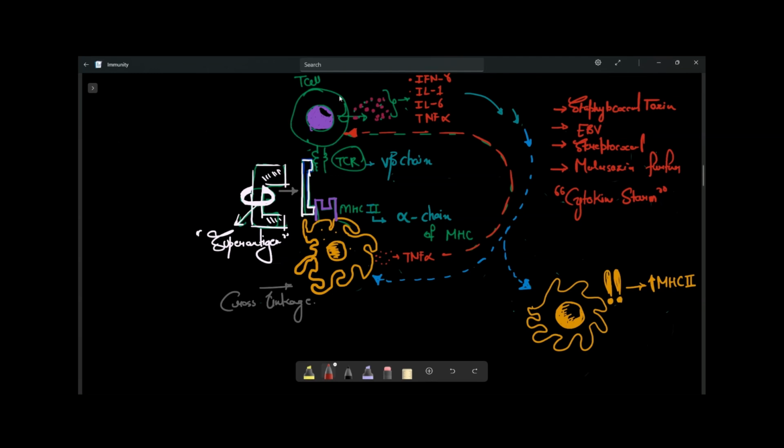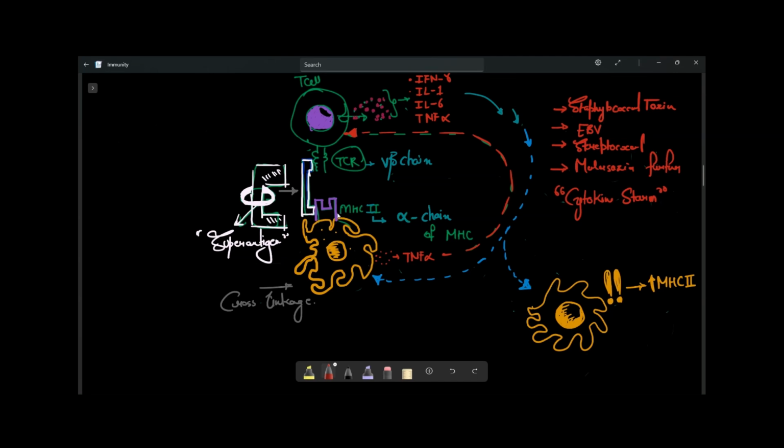They activate any of the T cell clones which are expressing TCR receptor, and at the same time it also activates the macrophages. So the mechanism of activation is actually cross linkage. The structure of superantigen is such that one of its parts binds with the variable beta chain of the T cell, and one of its parts binds with the alpha chain of the MHC second, so that it cross-links both the receptors, approximates both the receptors, and results in the release of the